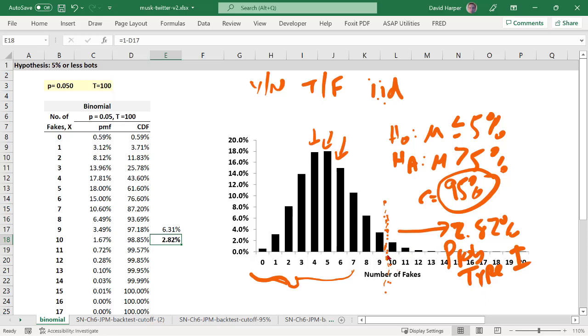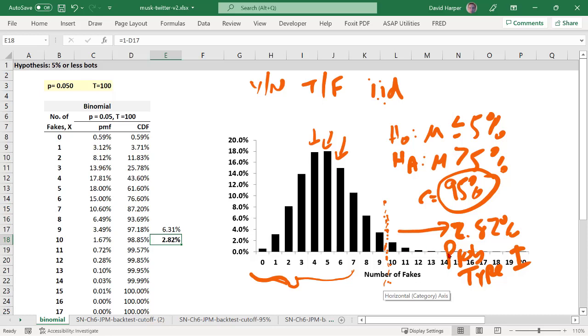If a cutoff of 10 or more, meaning let's say he runs this on 100 accounts, he finds 10 fake accounts among 100, which is 10%. It's twice the 5%. So already intuitively it looks bad, right? And so it's at our cutoff. We are going to advise Elon Musk to reject the null hypothesis in favor of the alternative. In other words, we find their claim to be false.